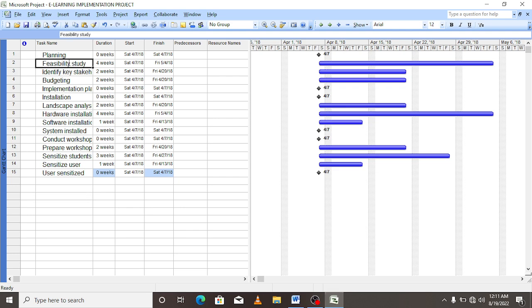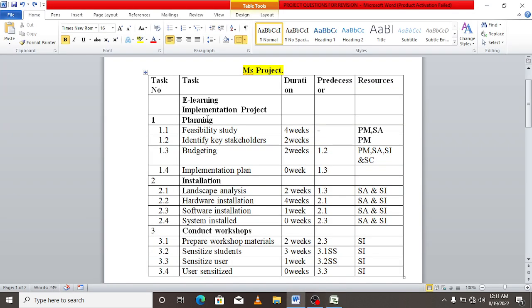But before that, you can first indent your work such that you identify the major tasks and the subtasks. How do you identify? Planning is bolded, so it is a major task. Installation is also a major task. So these ones are subtasks. That's what we call WBS, work breakdown structure, a process of breaking down bigger tasks into smaller